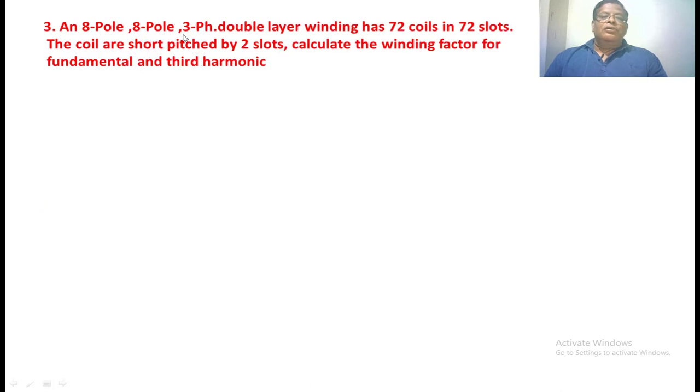An 8 pole 3 phase double layer winding has 72 coils in 72 slots. The coil is short pitched by 2 slots. Calculate the winding factor for fundamental and third harmonic. In this numerical, it is given that 8 pole 72 slots. The coil is short pitched by 2 slots. So if you find the value of slot angle, that you have to multiply with 2, that gives the chorded